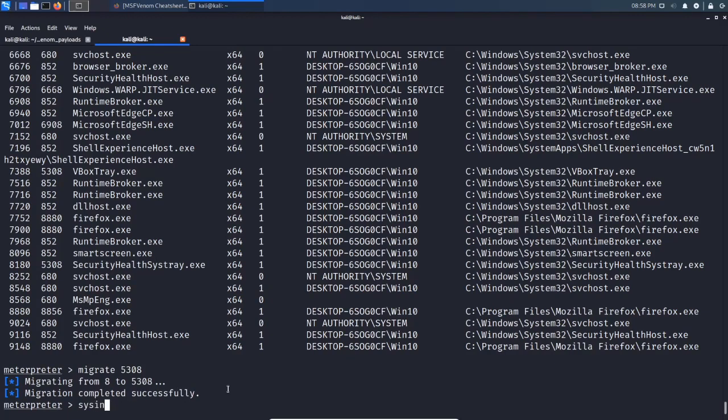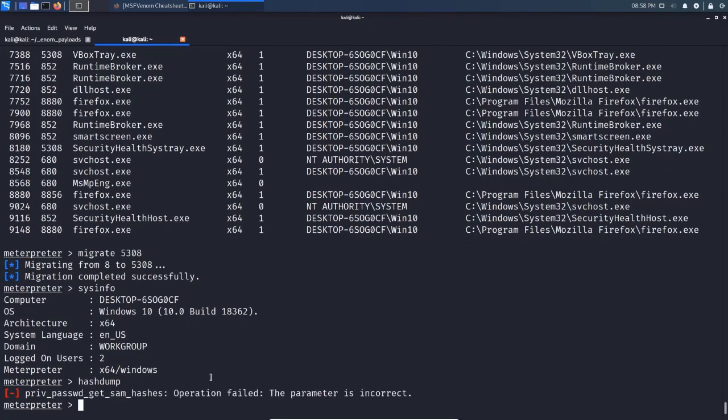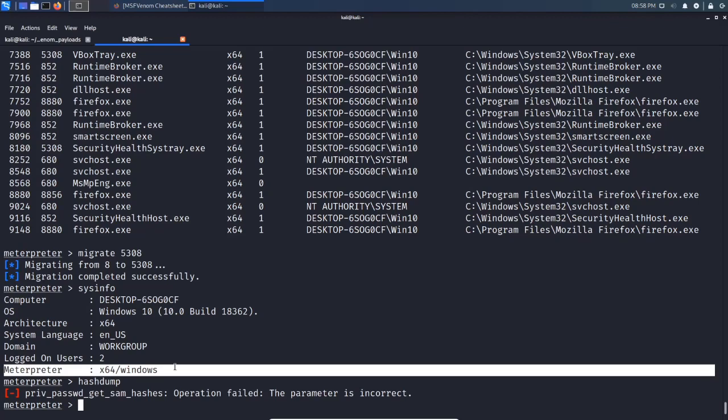If I type in sysinfo now, you can see we have a 64-bit meterpreter session, and again we can try and run all the various other commands. So if I say hashdump, you can see that that is going to fail because we're dealing with a more advanced, newer operating system, in this case Windows 10. However, as I've shown you, we can still get a meterpreter session